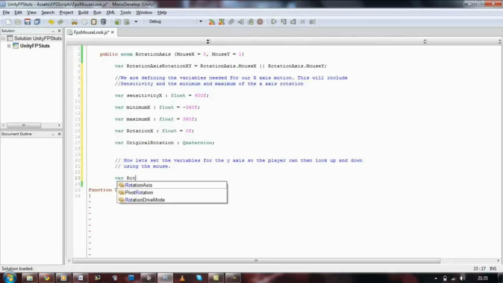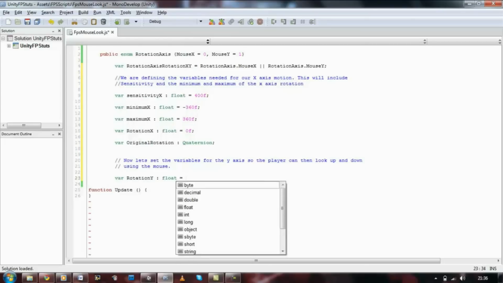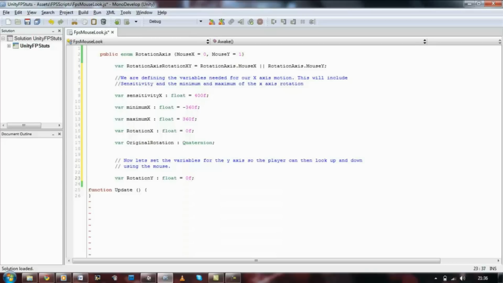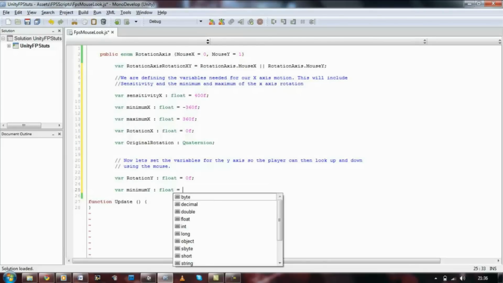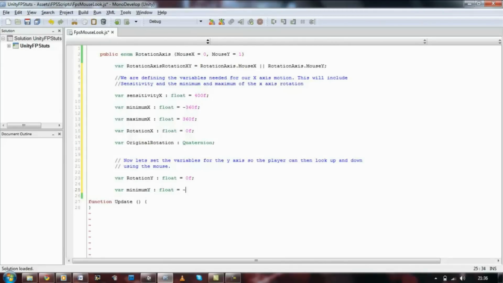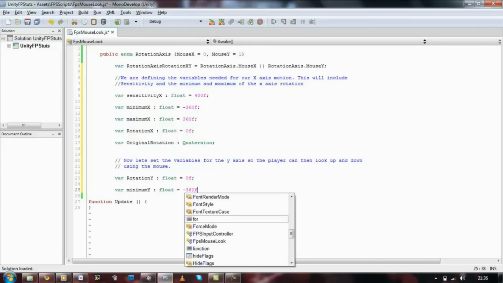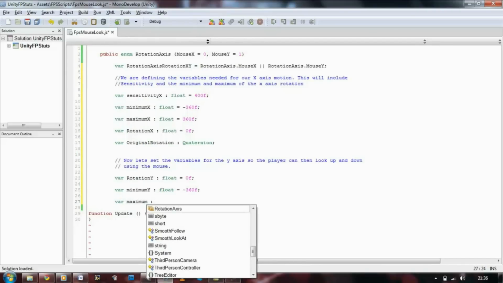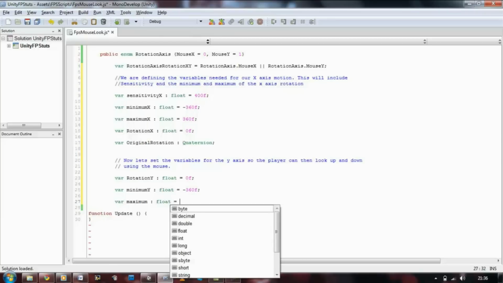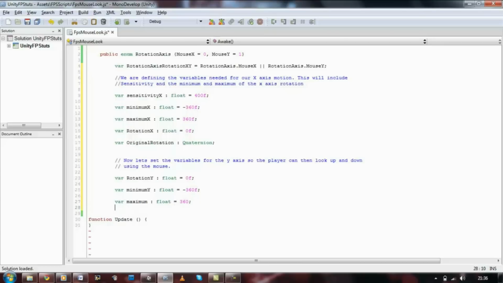okay, let's declare a new sensitivity rotation, sorry, var rotation y float equals 0f, close that, var minimum y float equals minus 360, var maximum y float equals 360, close that, var